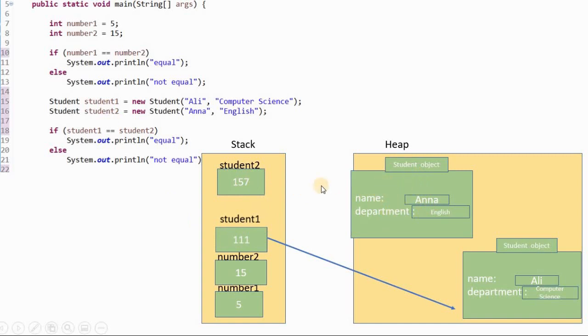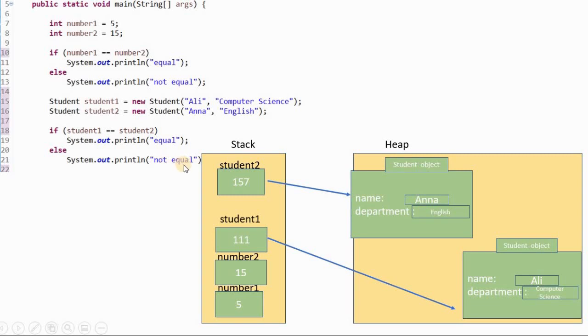So 157 is going to be the value of student 2, and student 2 is going to refer to this object. So when we compare student 1 and student 2, this equal to operator is going to compare the values of these reference variables, and the values are not the same. The value of student 1 is 111 and the value of student 2 is 157, and since they are not equal, on the console we'll have